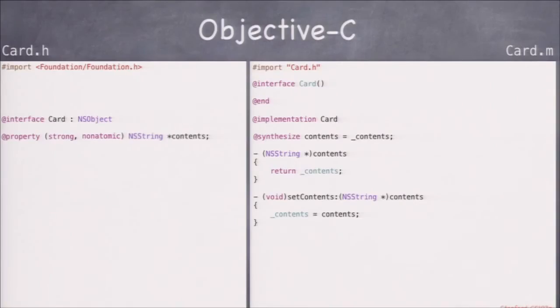Okay? But the default here is that we don't implement this setter and getter. It's automatically in there for us. So you can see there's three parts to this. There's the @synthesize. You see that? That's basically just saying _contents is the name of the instance variable in which the property contents is going